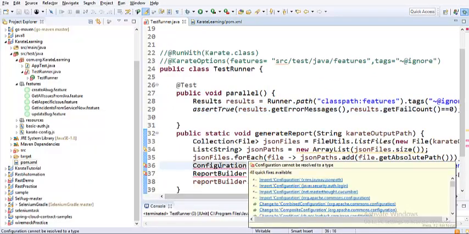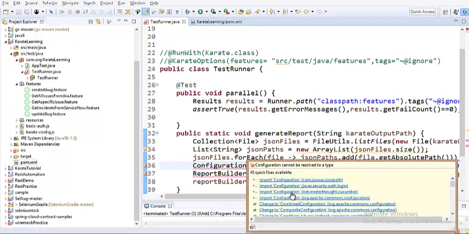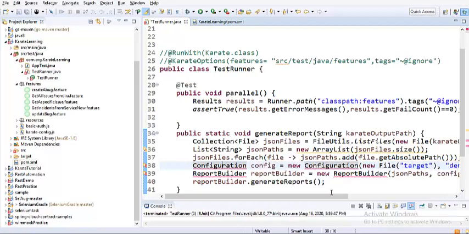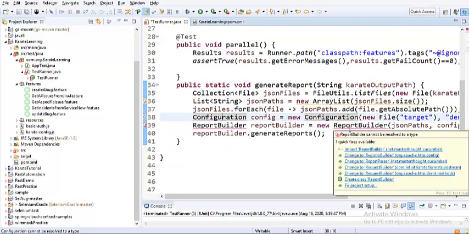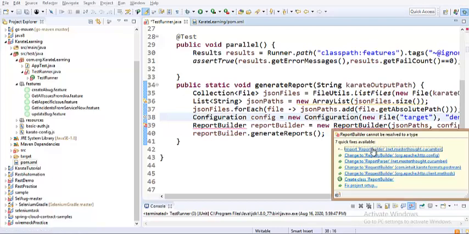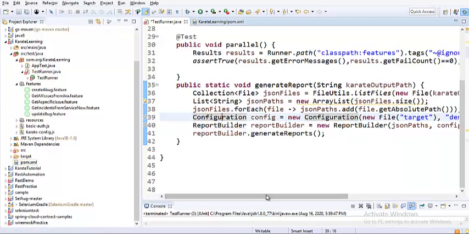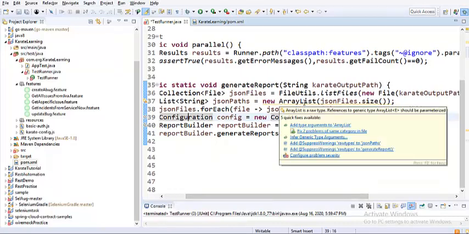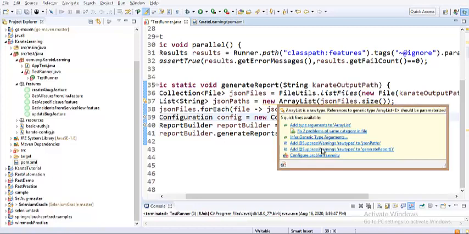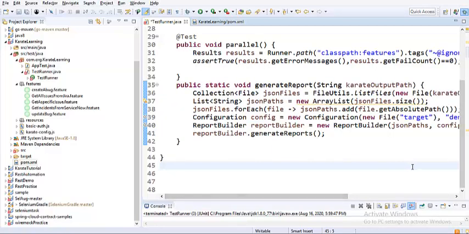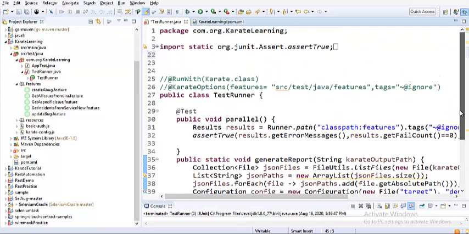And if you look into this, let me execute, just see, write import. I'm importing it from net.masterthought.cucumber, so this is the right import. So I got rid of that error, and also ReportBuilder, let me just mouse over it, again coming from masterthought.cucumber. So I was able to resolve that, and still I have some warning. Let me see what that is. Fix two problems of the same category in file. So I think it has something to do with the import. Anyways, it's just a warning, guys. So let us just move on.